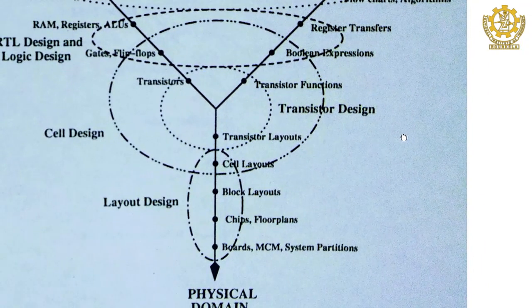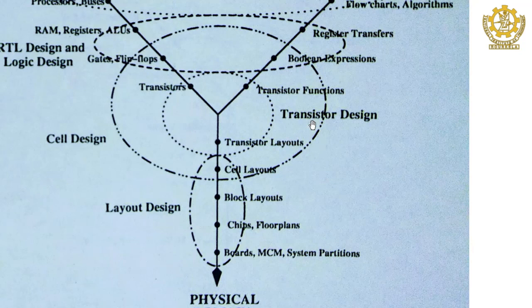Then further, if you see the transistor design, here you have only transistors, all transistors, and these are called your transistor design, okay. And this is actually cell design. Just try to remember, when there are transistors, say you design a standard cell gate for a 2 input NAND gate in CMOS logic. That NAND gate will consist of 4 transistors, 2 NMOS and 2 PMOS. Those transistors constitute this transistor level design.